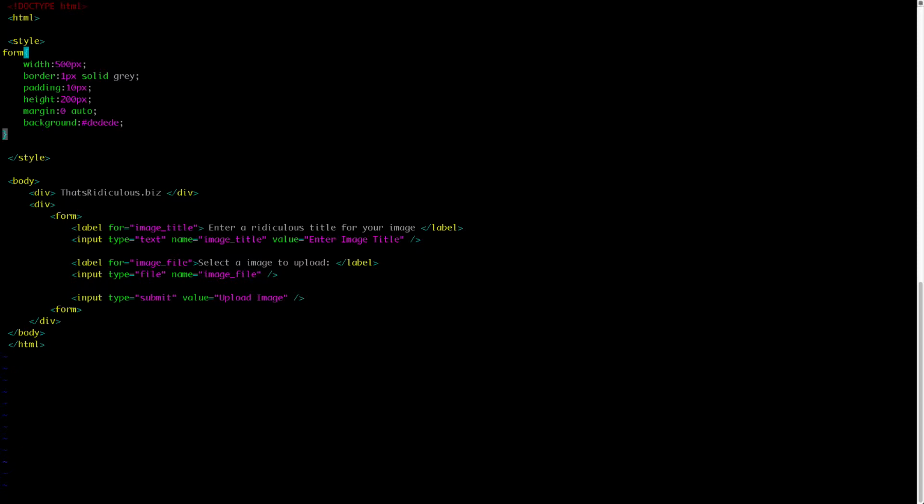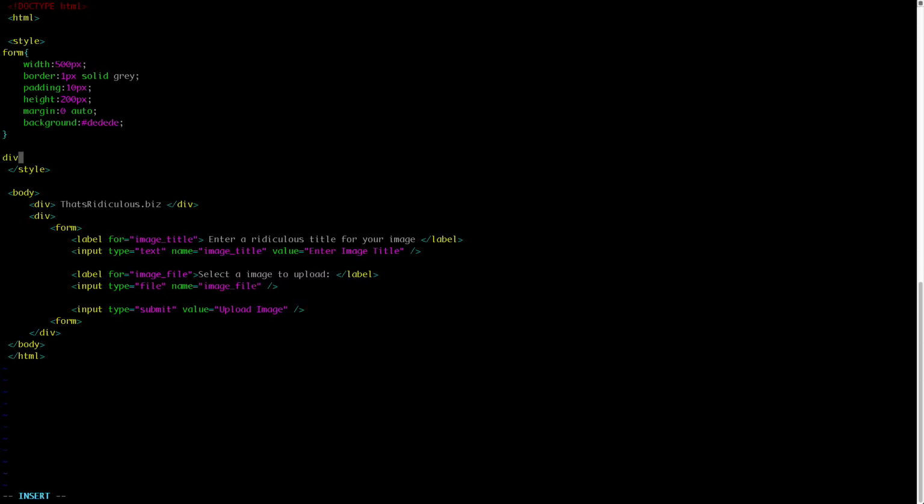So that's when we want to reference an element. But let's say we have more than one form, or let's say, for example, that we want to style a div tag. We can't do this, or we can, but then that style will be applied to all the div tags. So this is where we introduce this idea of what we call HTML IDs, or classes. First we're going to use an ID. We're just going to say